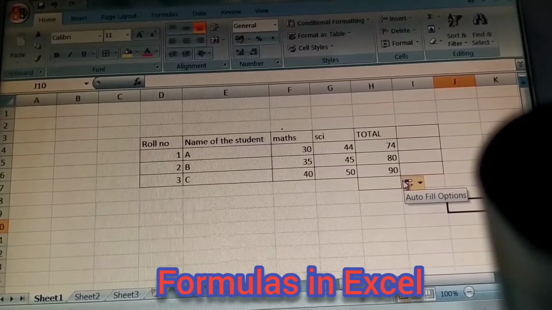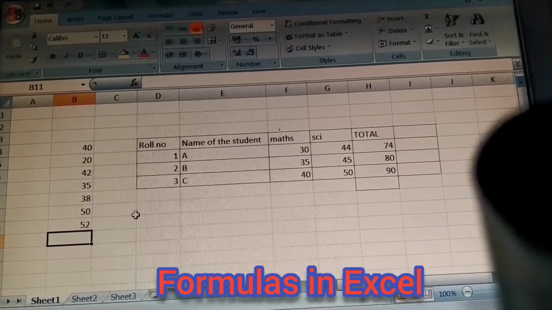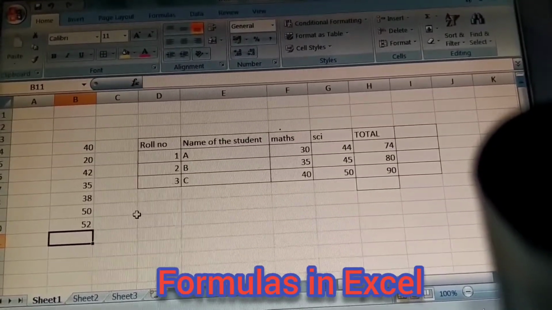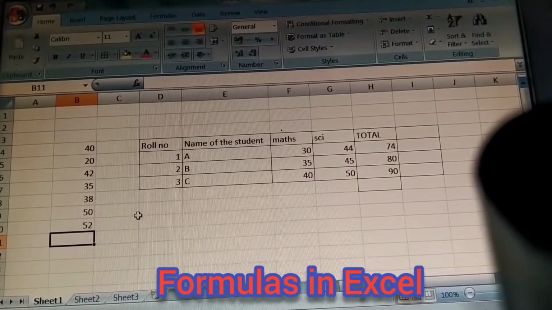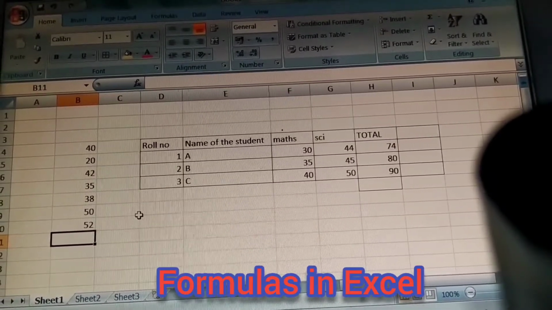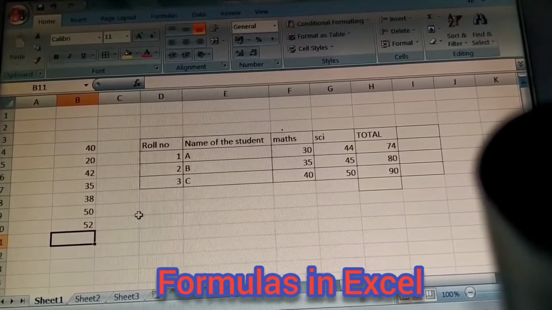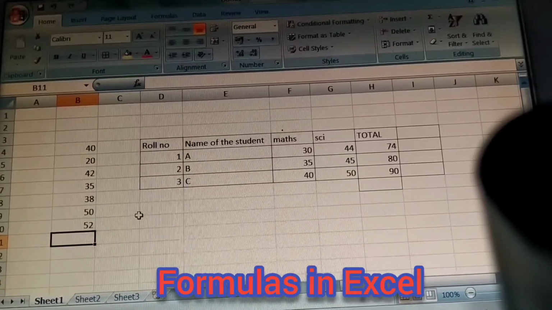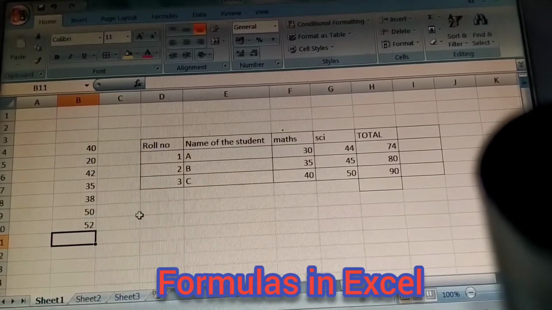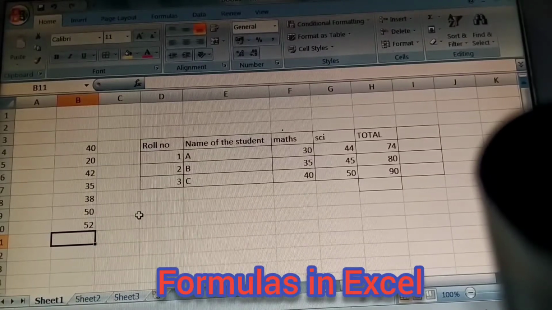Okay. Now see students, the next point is functions. Now what is the use of a function? Functions are the predefined formulas in Excel which are used to perform complex calculations and data analysis. In Sum, for addition we have to select multiple cells, which is called a range also.